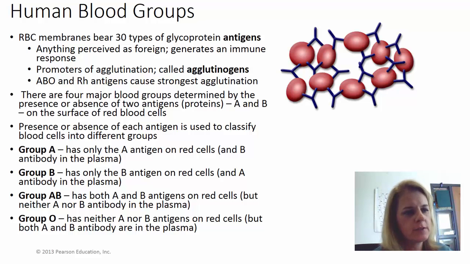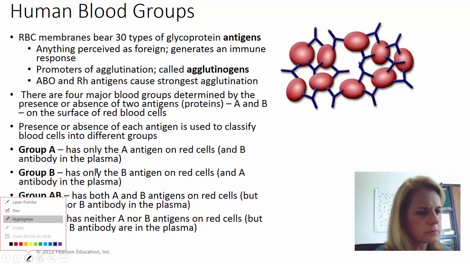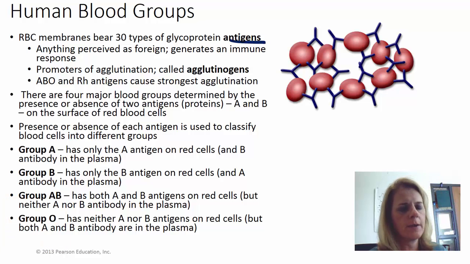So human blood groups. We've talked about genetics and how you understand the difference between dominant and recessive and what an allele is. With human blood groups, we have three different alleles: an A, a B, and an O. The way that is determined is your red blood cells have some kind of chemical that we call a glycoprotein, and they have these different glycoproteins. They're called antigens. An antigen is something that our body sees as foreign and causes an